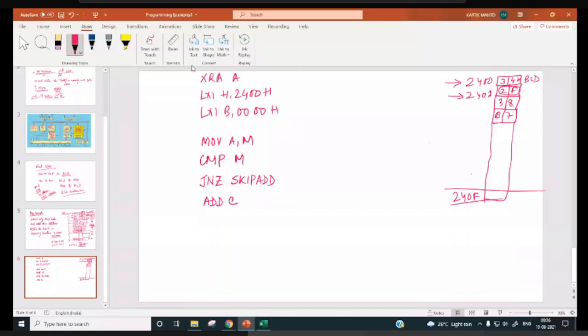If carry is generated, suppose you are adding 34 is added, so C register is 34. This will be skipped, then it will be at 2402 in the third step. So now in accumulator it will be 38, right? In the third step A will be 38. DAA instruction has to be over here.